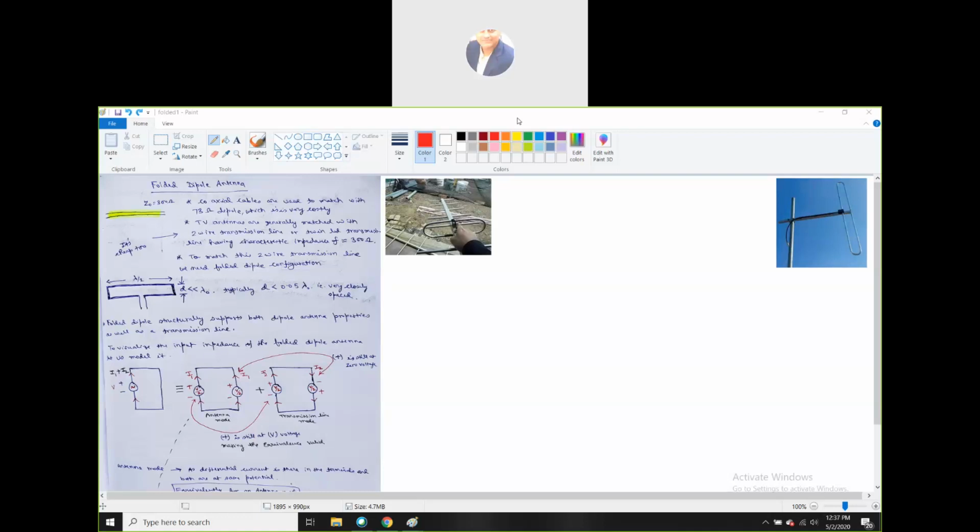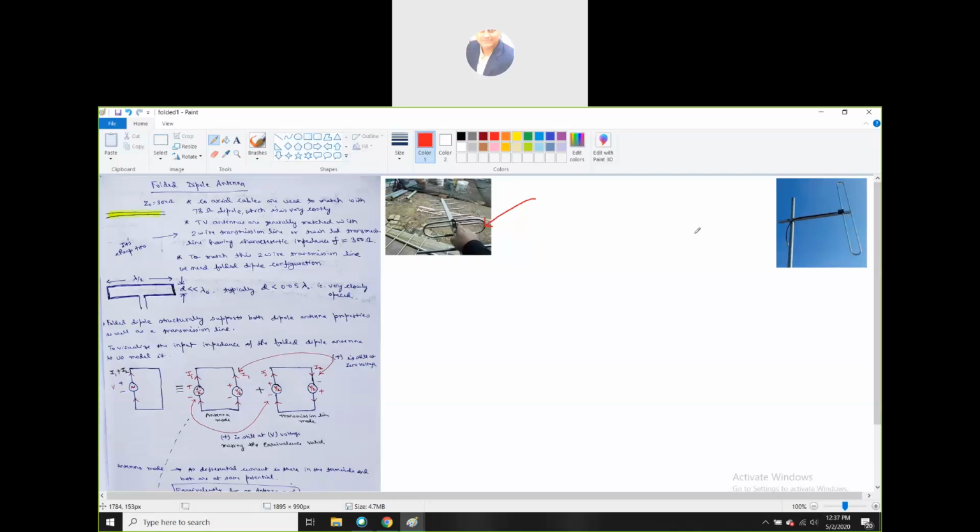One thing I want to say: you can see here, when you put this folded dipole antenna here, with this reflector and these directors, as I told you in the previous class, your directivity will increase, and your radiation resistance will also increase, which will give you more power radiated. And this is a single-element configuration of a folded dipole. You can use it in either way.